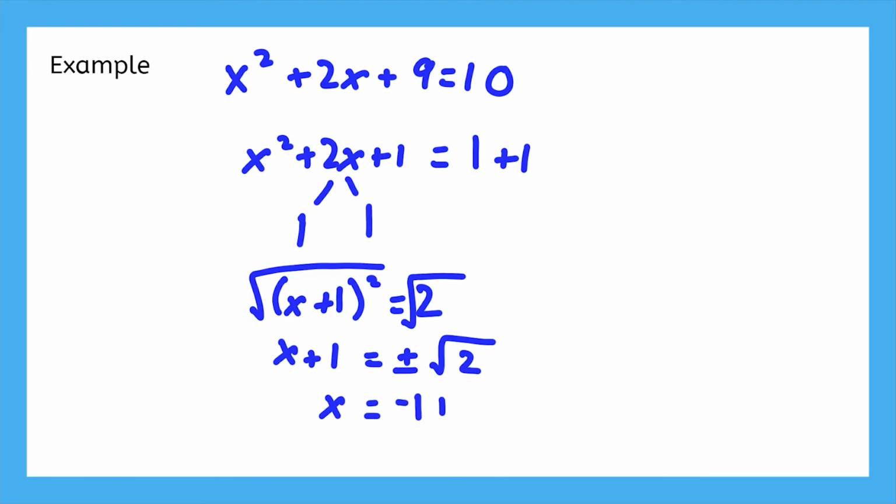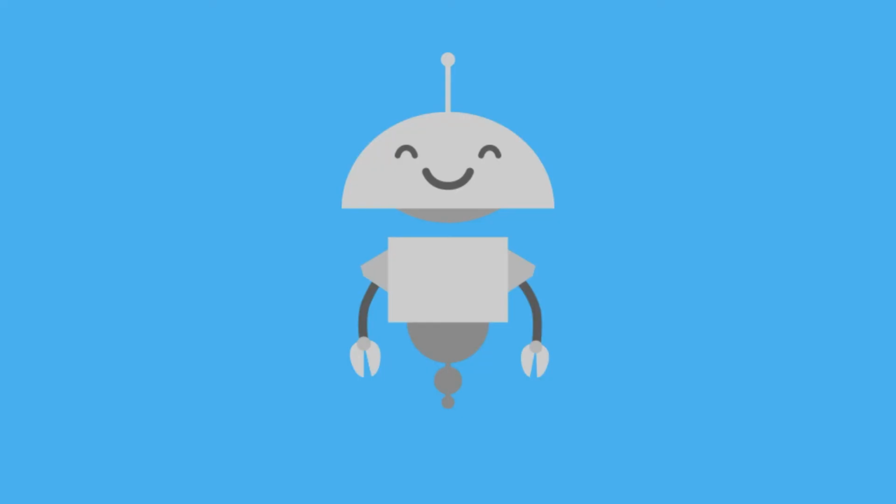The square root of 2 is an irrational number, which means our final solutions are -1 plus square root of 2 and -1 minus square root of 2. Move the constants away, complete the square, square root, and isolate the x. Pretty simple process, right? But